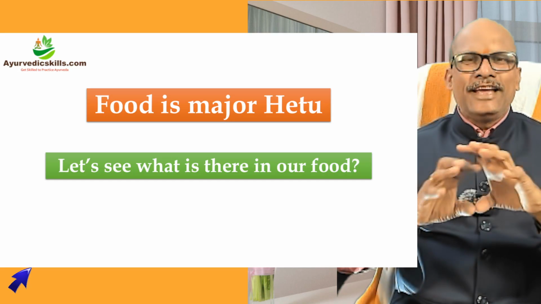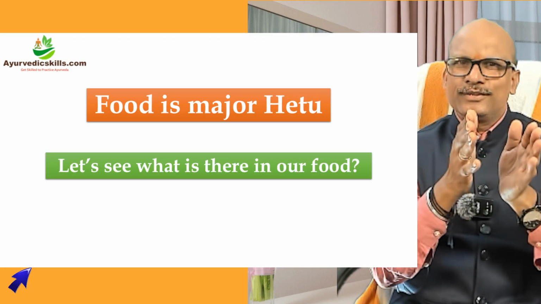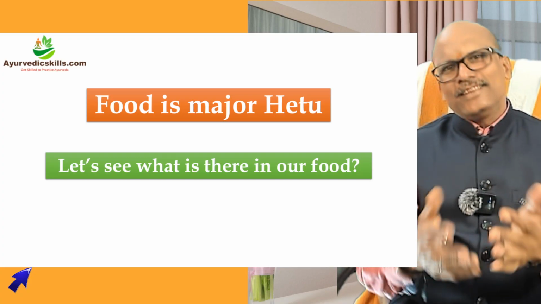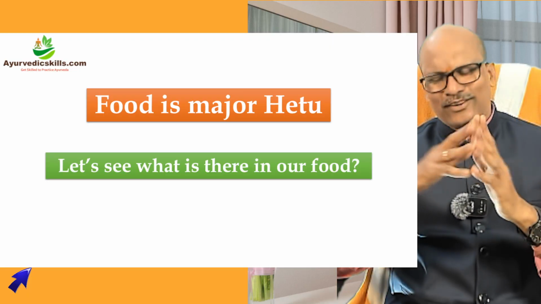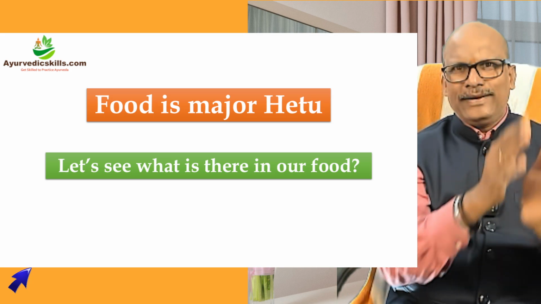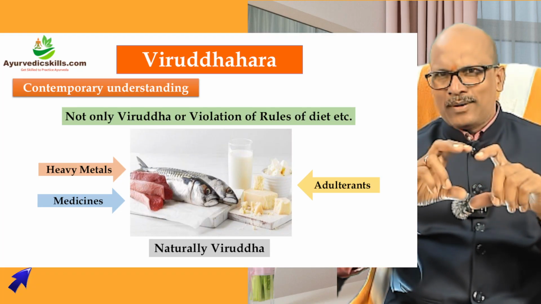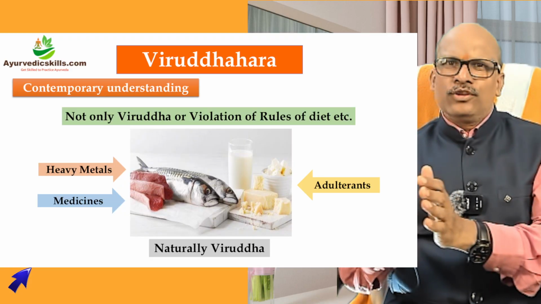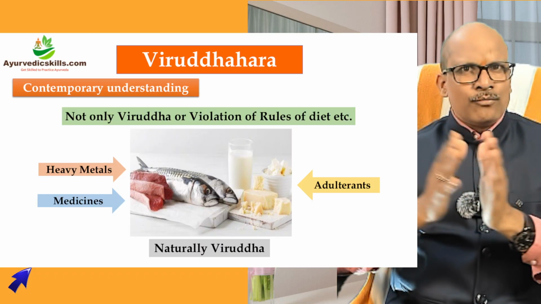Now, when we look into the hetu, the etiology, of any disease in Ayurveda, mostly 80 to 90% falls under the category of ahara, food-related etiology. As we are discussing skin diseases, viruddhahara is one of the most important etiologies. Now, we'll take two classical examples and try to understand them in the classical way and in the present scenario. When we look into the etiology of kushtha, we find that matsya and dugdha, or any kind of meat, non-vegetarian food, consumed along with milk acts as viruddha, and that leads to skin disease, one of the most important causes, right?